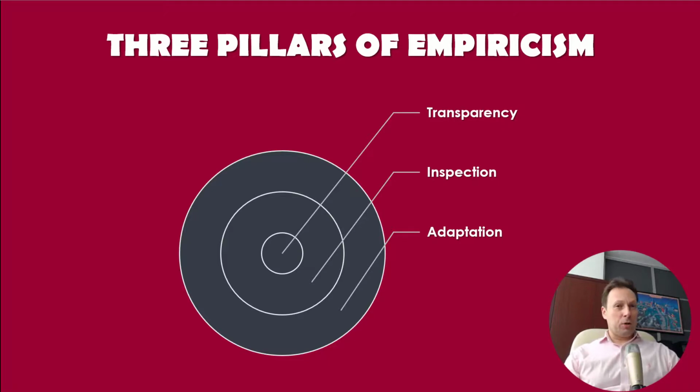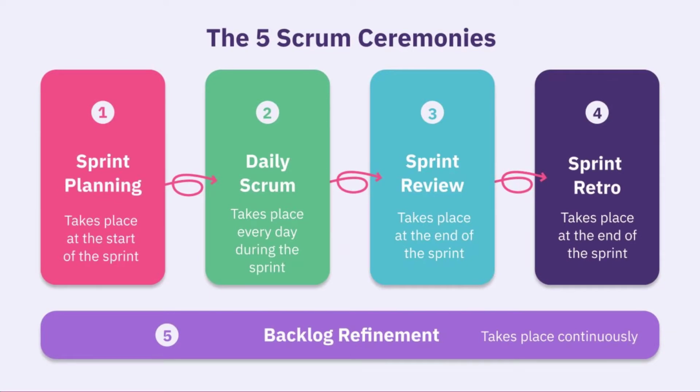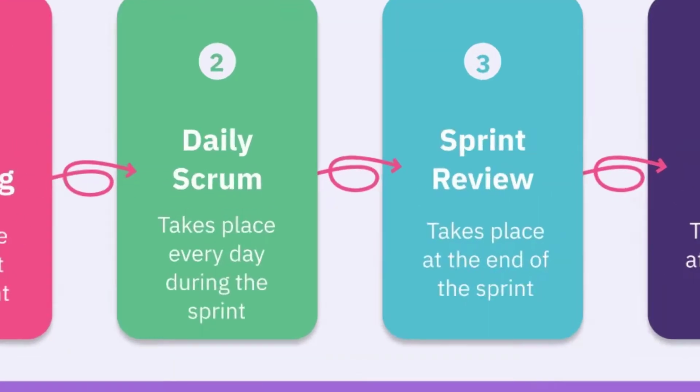And finally, let's take a look at adaptation. During an inspection, when someone finds that the product development is starting to stray from the vision, the team must adjust and adapt to prevent further deviations. And Scrum outlines 4 specific techniques for inspection and adaptation. And they are sprint planning, daily Scrum, sprint review, and sprint retrospective. And we will talk about them a little later in